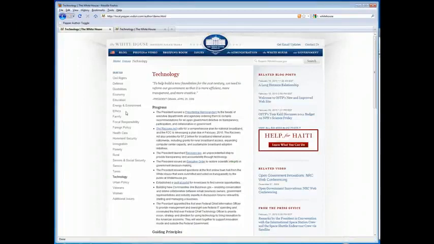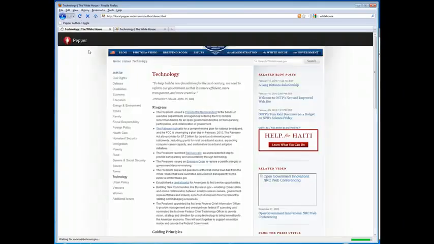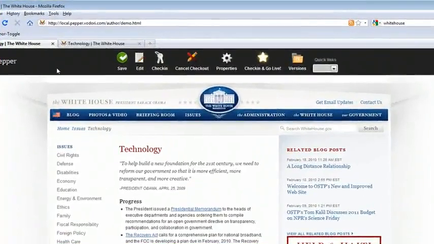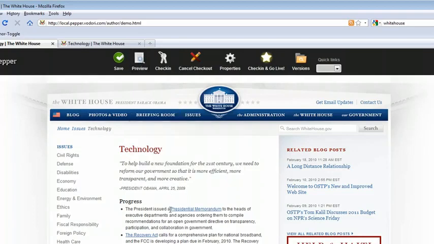And if I go back to our Pepper website here, I'll refresh it. And it should look almost identical. The only difference being we now have this magical toolbar that appears along the top right here. So the next step is we go here and say we want to edit it. We click edit, and nothing happens. That's actually a good thing,